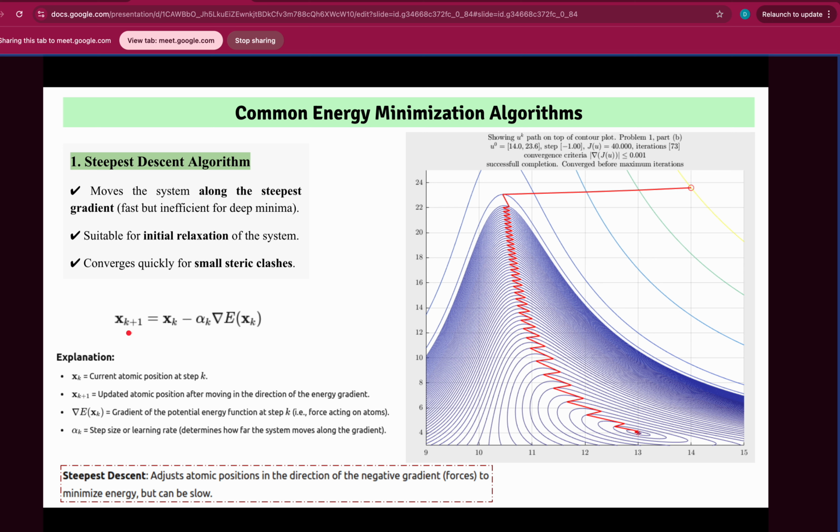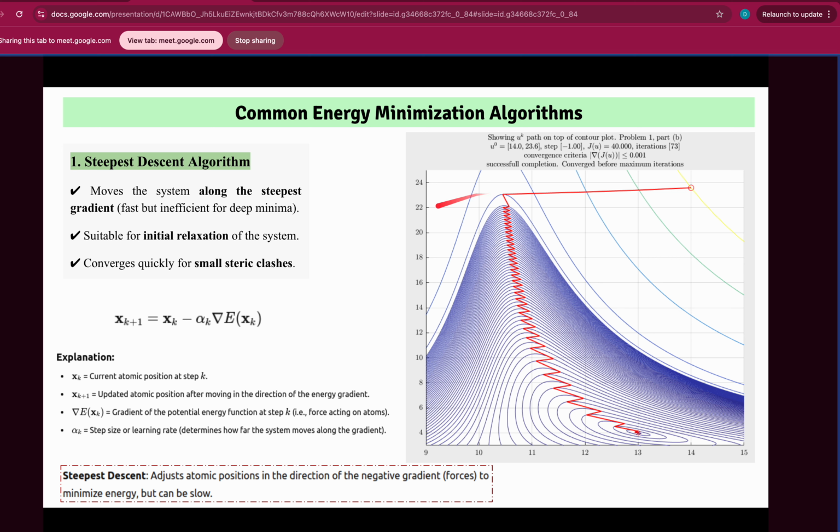This is the equation. Here x specifies the atomic position, because your protein is present in three-dimensional space, so it has xyz coordinates. This talks about x k plus 1, that means at step k plus 1, equals x k, which is the position at step k. When you are moving from one position to another, you are taking a step. From here to here, it is taking one step. This is my k and this is my k plus 1, when I am taking one step down the